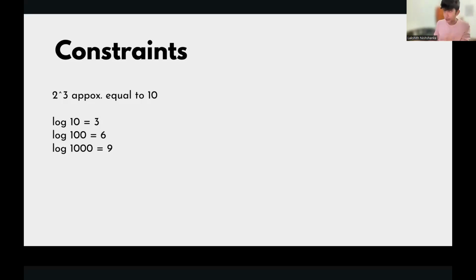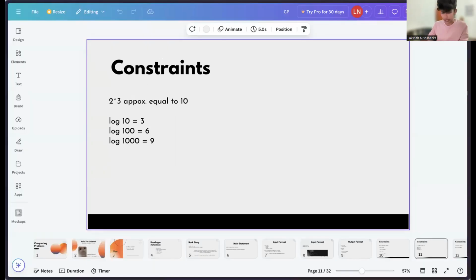The problem is like this. There's a list of integers with length n, and there will be q queries. In each query, the problem gives you another integer and asks if that integer is available in the given list. So let me go back to the whiteboard.